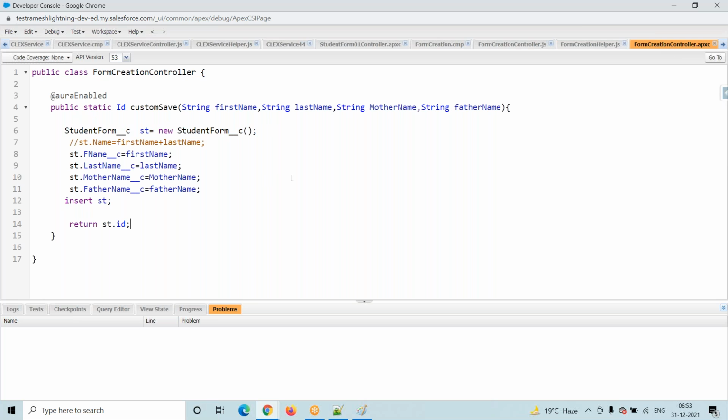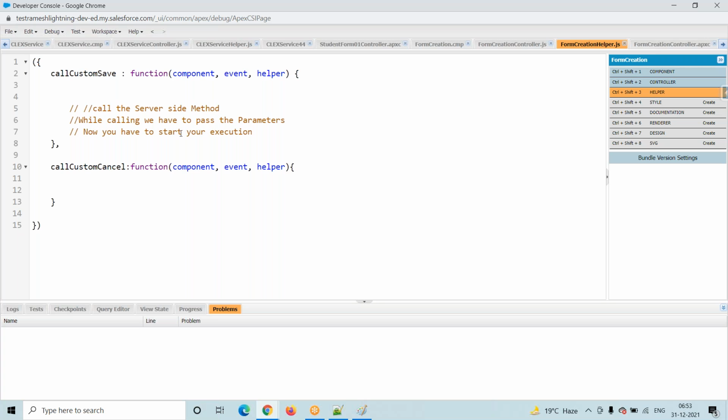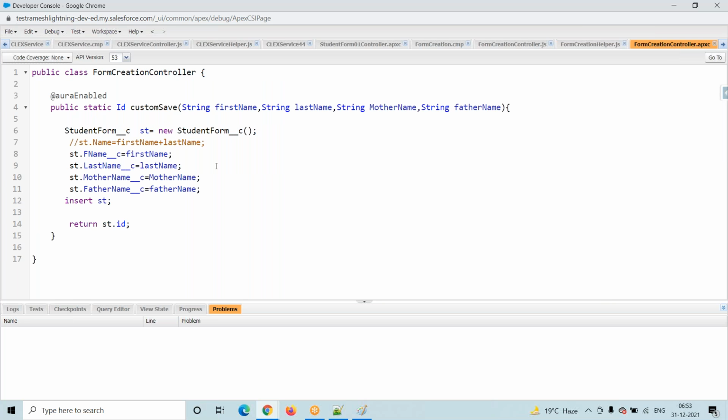When we have to prepare backend logic, which one we write first is our comfort. We can write the JavaScript helper logic first, or we can go to the Apex class logic first. That is our comfort. There is no sequence. It's not like we have to write this first, then go like this, then go like this. We have to go step by step as per our comfort. We can write either the Apex class or the Lightning component first as per our comfort.